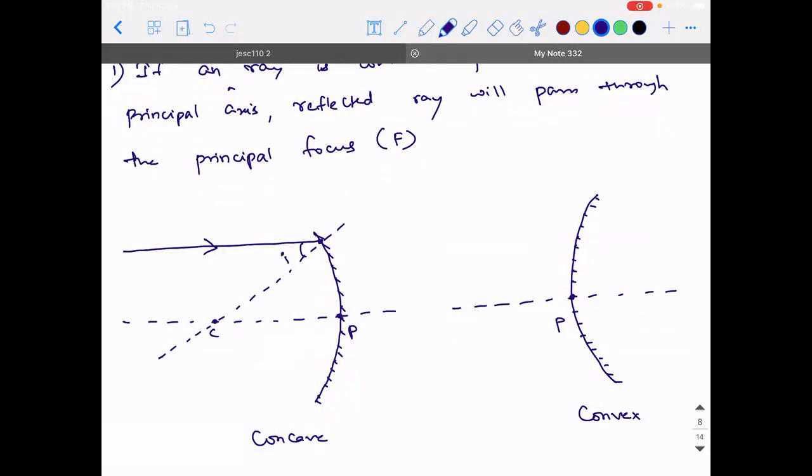So according to the laws of reflection, for any kind of mirror, the angle of incidence is equal to the angle of reflection. Yes. So when you take the reflected ray exactly making the same angle i, then you can locate that the image is formed at a point on the principal axis called the focus. This is where the definition of focus came from, if you guys are able to recollect what it means.